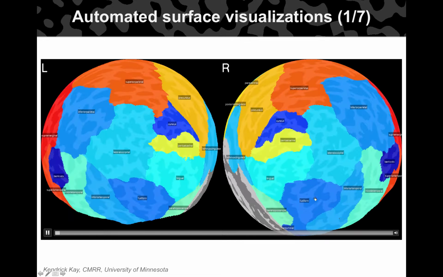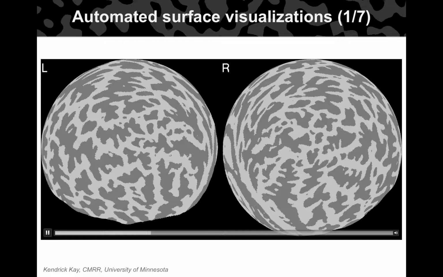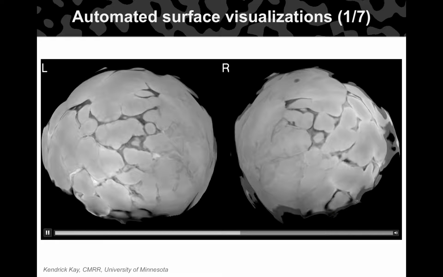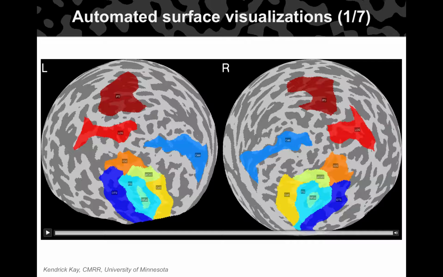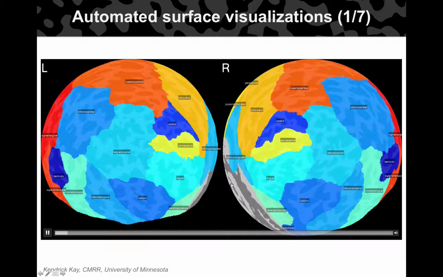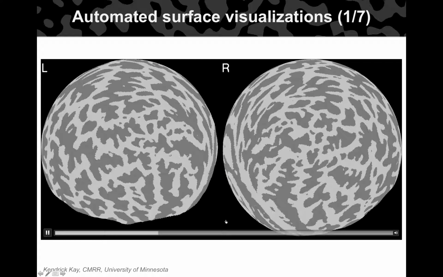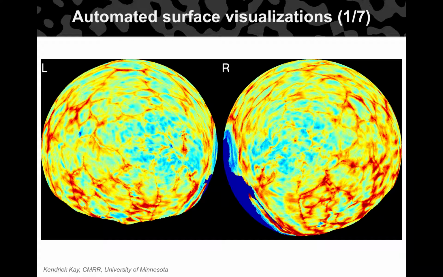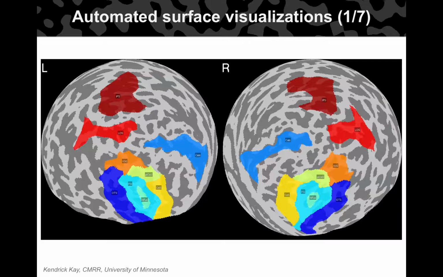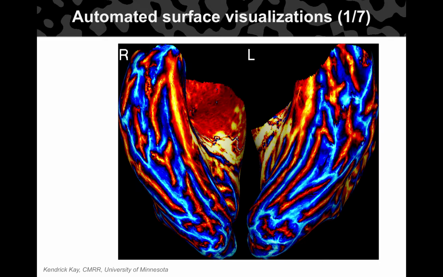Here's just a sampling; the details don't matter. Obviously, we can paint whatever values we want. Basically, any data set where values are associated with vertices of some 3D mesh, we can visualize, using different color maps and different labeling schemes and so forth. We easily have thousands of these for a single subject, and then we have multiple subjects. Even these PNG images take a lot of disk space, let alone the time poring through all of these images. Here are some more examples.